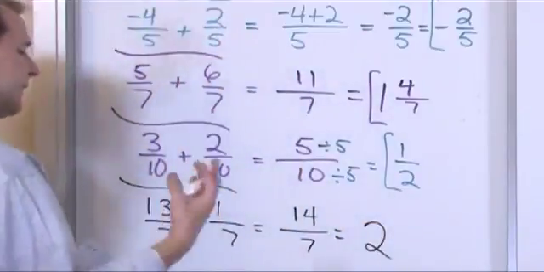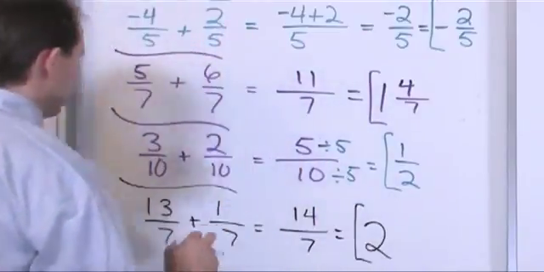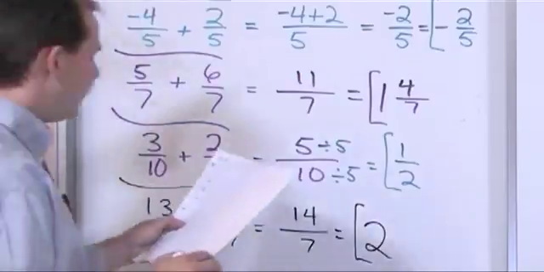It can go 2 full times, and there's no remainder at all, so the answer is just 2. So that's the answer. Now, what if we had